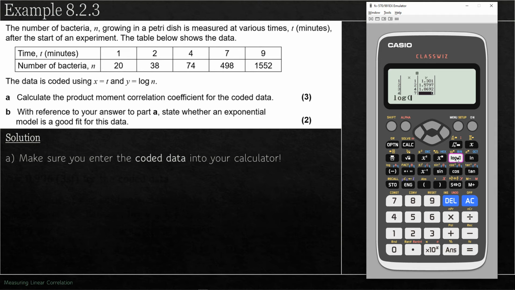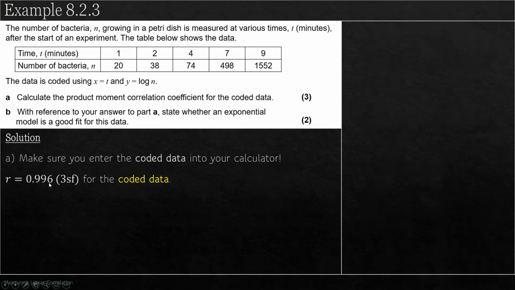Log 498 and log 1552. So here we have our coded data. We now need to find the correlation coefficient. So Option, regression calc, and it's the value of R we're looking for. And this turns out to be very, very strong correlation, 0.996, very strong positive linear correlation. So the 3 significant figures,